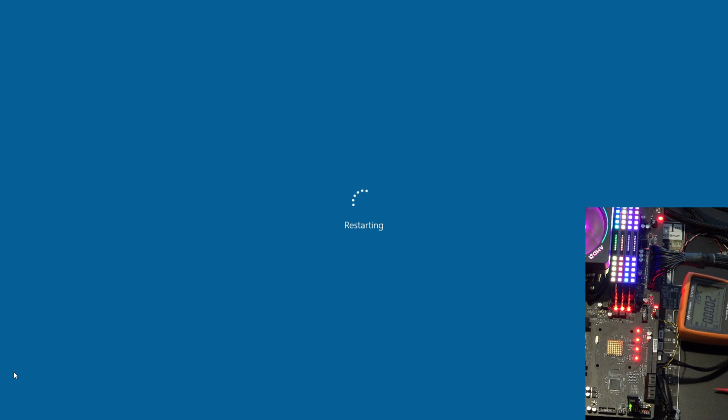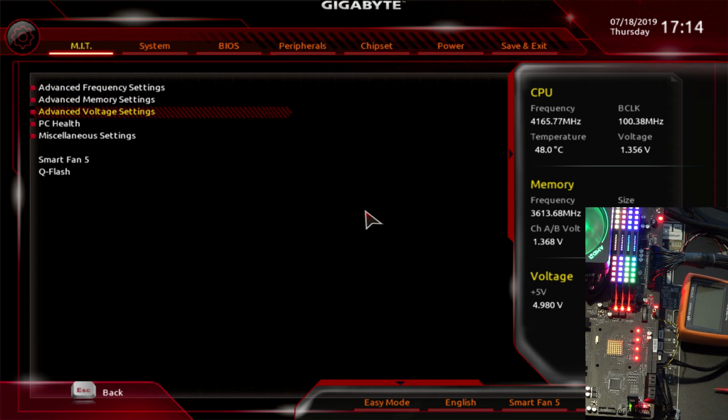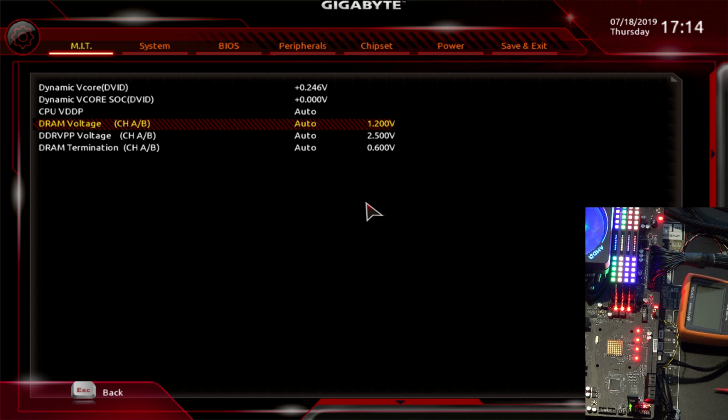We could just leave it at the XMP settings right now and tighten up all the subtimings, because those are going to be god-awful right now. But I don't really feel like doing that. Let's just go for higher frequency first and then worry about tightening things up. So this is fun. Gigabyte's BIOS,